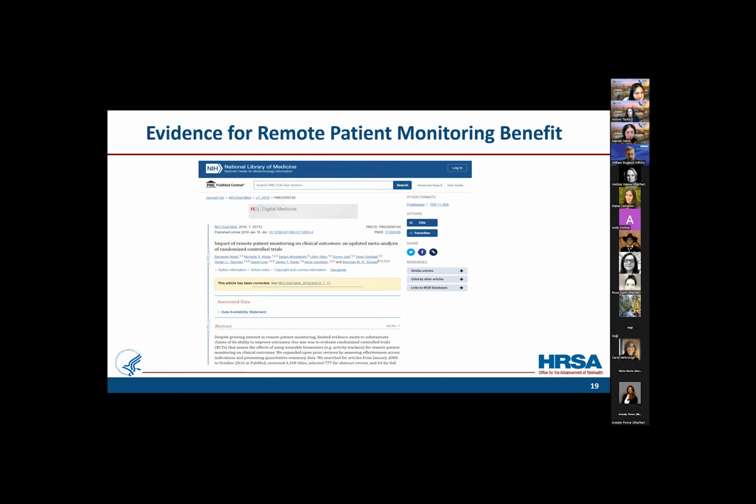By 2018, we had enough RPM studies going on that a meta-analysis of RPM could take place. This is really before CMS jumped in full force to reimburse RPM. And in fact, RPM was very much the focus of hospitals wanting to avoid penalties for readmitting patients within 30 days. So they were doing RPM simply because it was in the hospital's interest, even if it wasn't directly reimbursable in some cases. So this was an early paper demonstrating, hey, it really is working. Next slide.